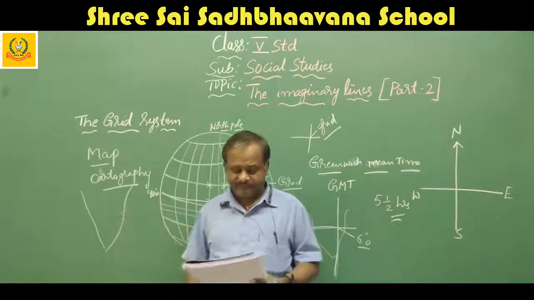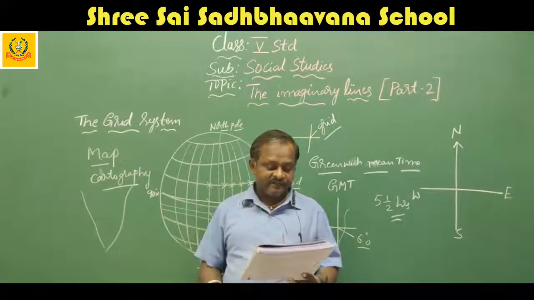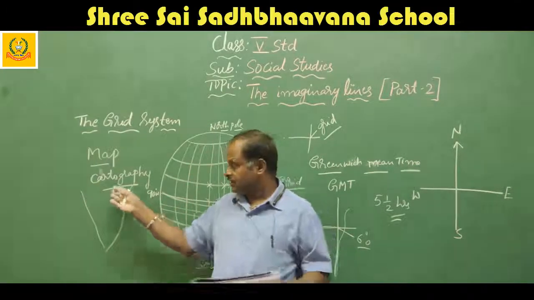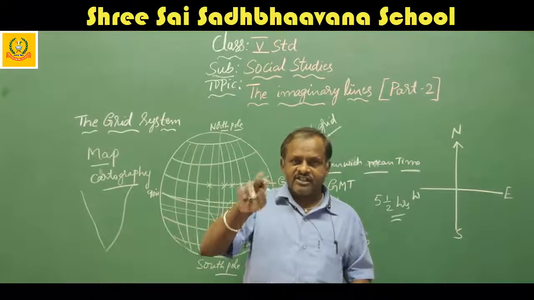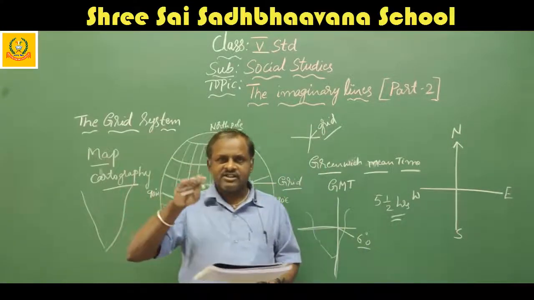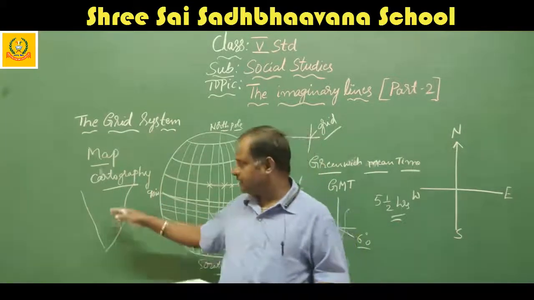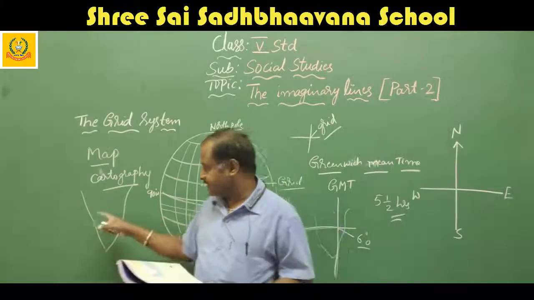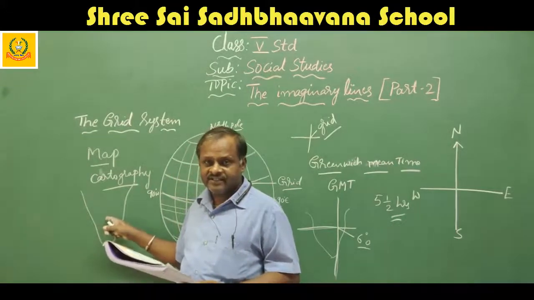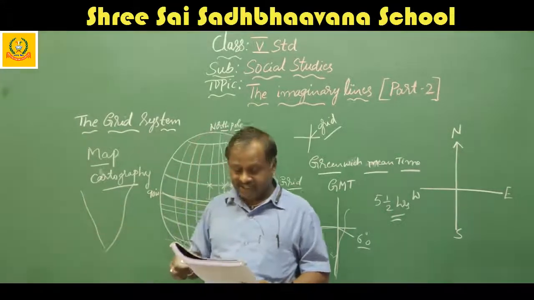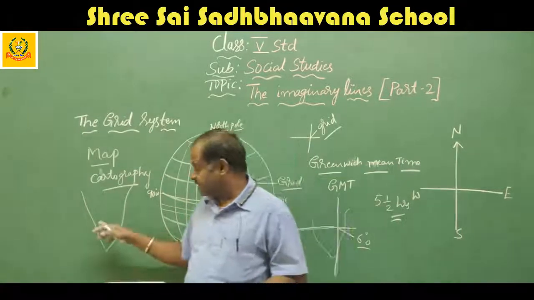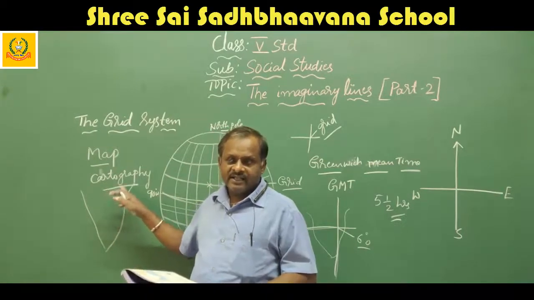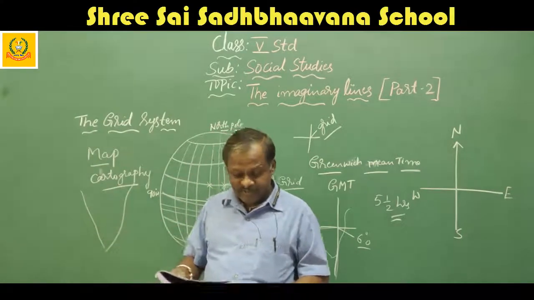What are the uses of these maps? Maps can provide a lot of information about physical features. We will look at how the physical features are there on the map. Political divisions: which state, which place, which country, which district, which taluk, everything should be written on the map. And weather conditions: where the rainfall is more, where the rainfall is less, deserts, everything. Climatic conditions and agriculture: where cotton will grow more, where coffee will grow more, where wheat will grow more, like that we will mention.